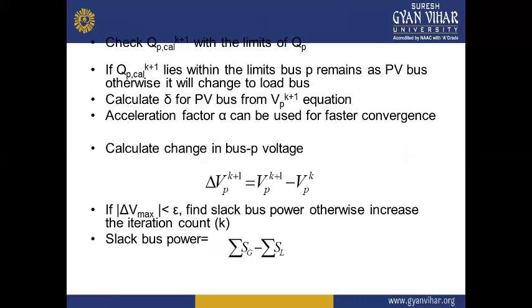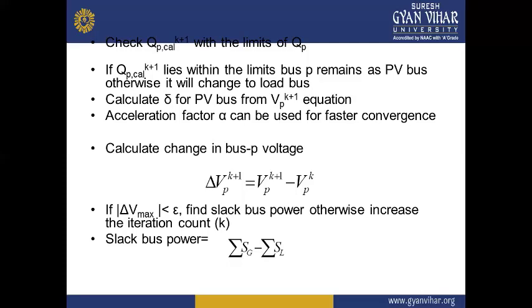Now, this was the algorithm which has been discussed, that we have to check whether the reactive powers are within the limits or not. If the calculated reactive power is within the limits, that is, between the minimum reactive power generation and maximum reactive power generation, then only we will proceed with the algorithm. If it is not so, then what to do? Then we will adjust the limits to the nearest value.